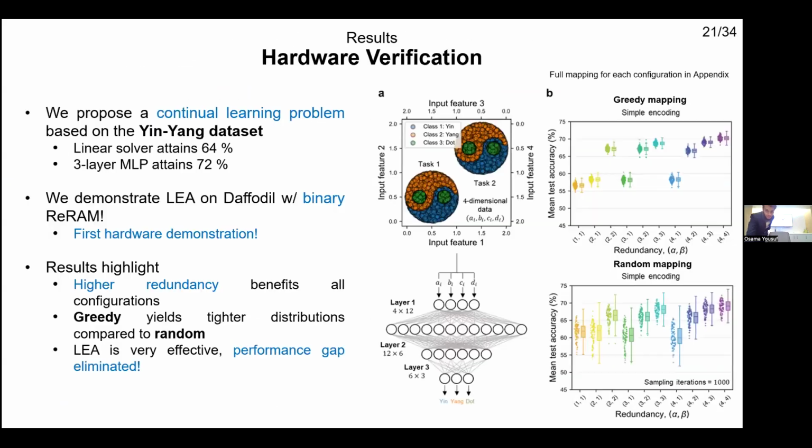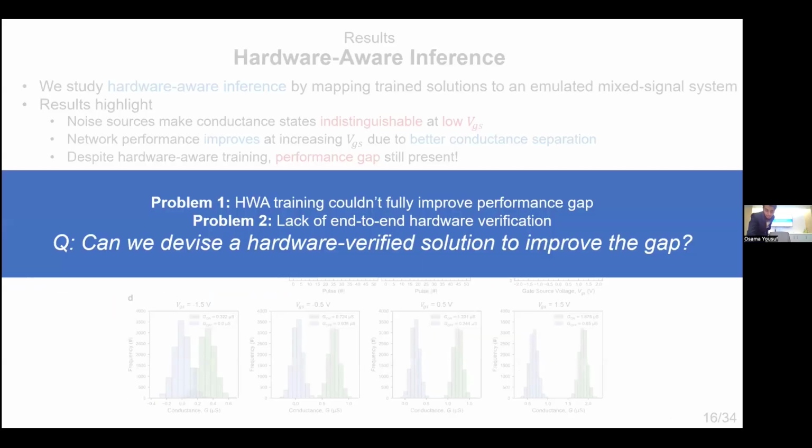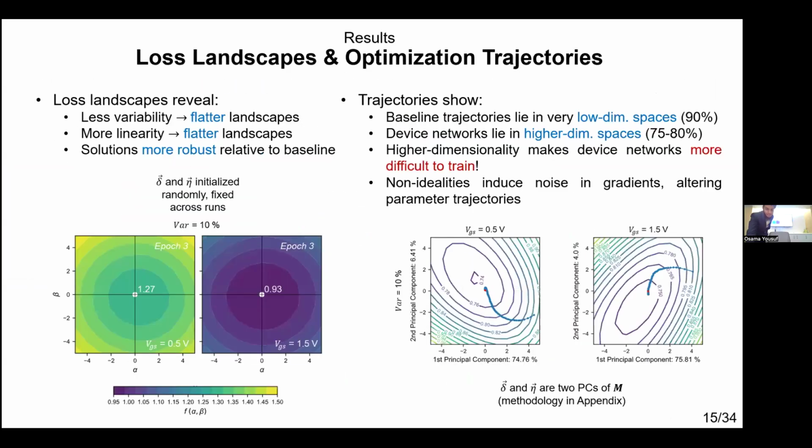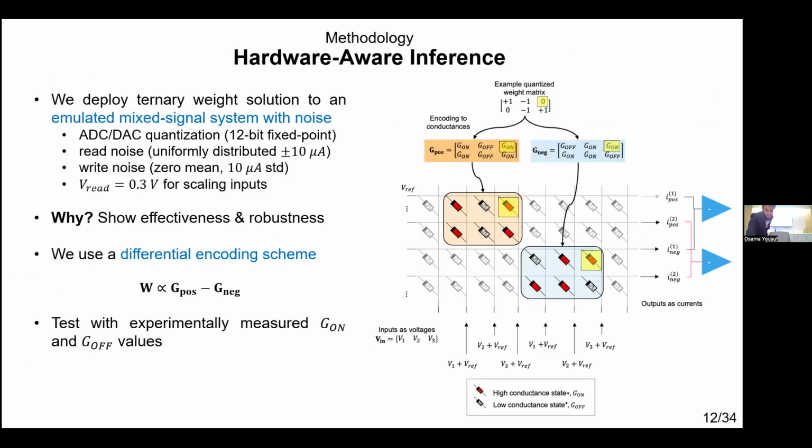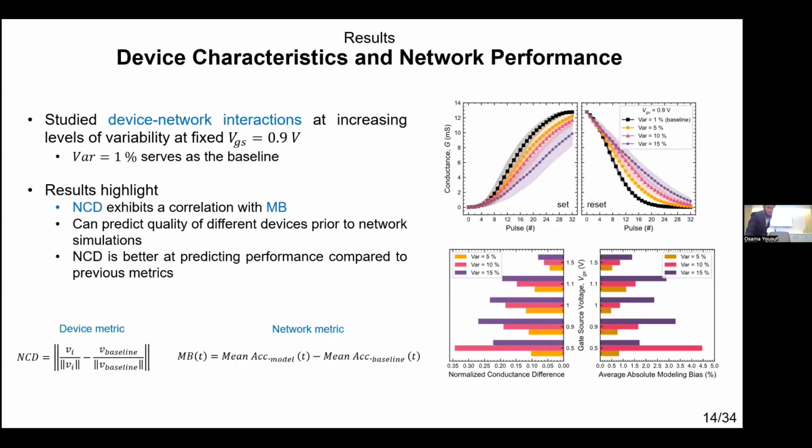Okay, so we have a question from Samir, who is present here in person. And the question is, why is the MTD metric better at predicting the quality or the performance of these ternary weight networks? Okay, so the reason why it's actually better is because in these ternary weight networks, we're only